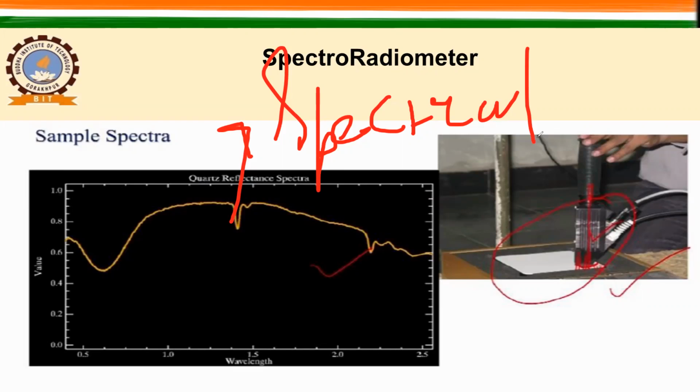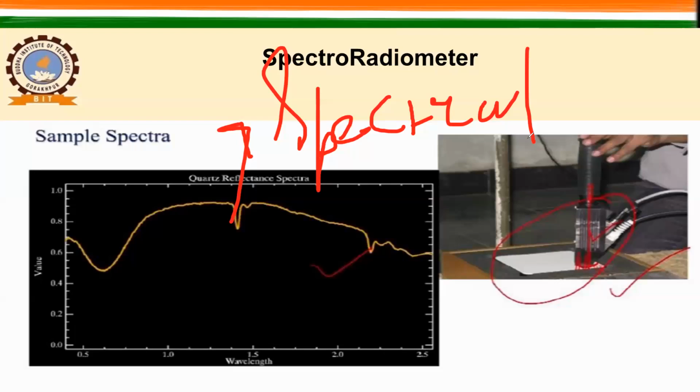And why have we designed this kind of probe? To avoid the atmospheric constituents, because here there is no atmosphere coming into the picture. So you don't have the 1.4 or 1.9 micrometer water vapor signature, atmospheric or terrestrial, right? This is when you want to capture the real spectra of your target without any atmospheric intervention, right? So now you have understood this spectroradiometer part.